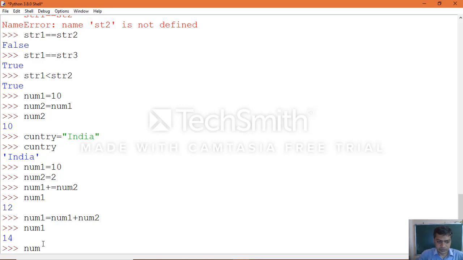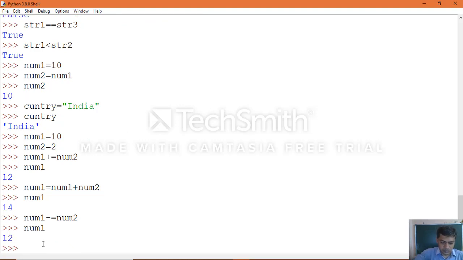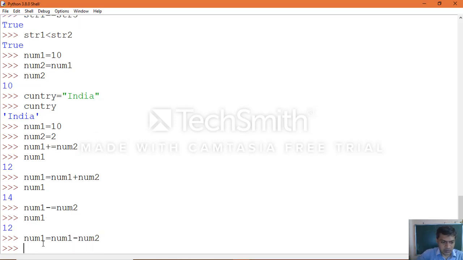Let's see what happens here. num1 minus equal to num2. Print the num1. Let's see, num1 equal to num1 minus num2.